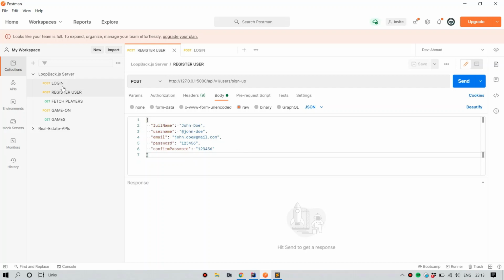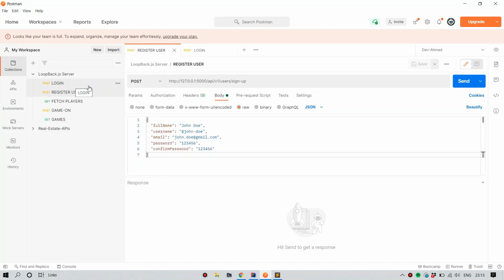A normal workflow would be some of the best practices. First of all, create a collection, right? Always create a collection for the project you are working on, have separate requests, and save those requests under the collection.